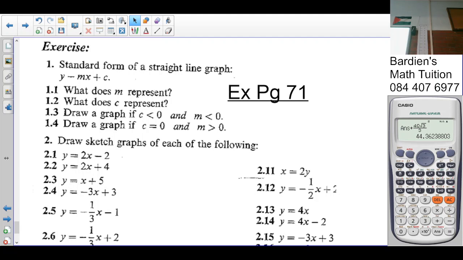We'll discuss that in tomorrow's lesson. But this is more theory. Question 1 is more theory. Number 2 asks you to draw the graphs of each of the following. Now we haven't dealt with all the graphs yet, so you're going to do all of number 1, number 2.1,